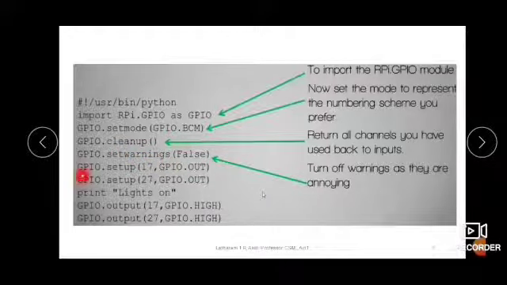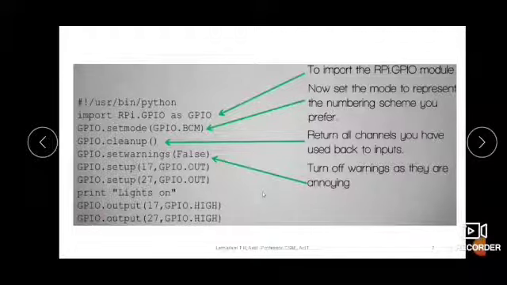Okay, then the next statement is GPIO.setup(17, GPIO.OUT), which means pin number 17 is set as an output pin because we are connecting it to an LED. And again the same statement with setup, but the pin number is 27 because we need to connect another LED. So another LED connection with pin 27, so it is also set as an output pin. Then we will write code to print a message, lights on.